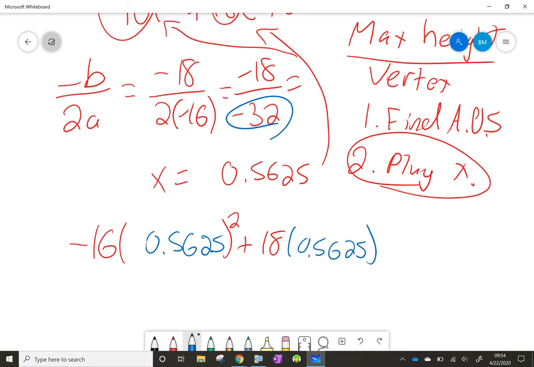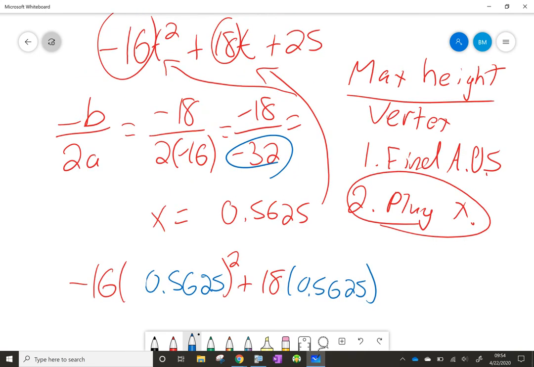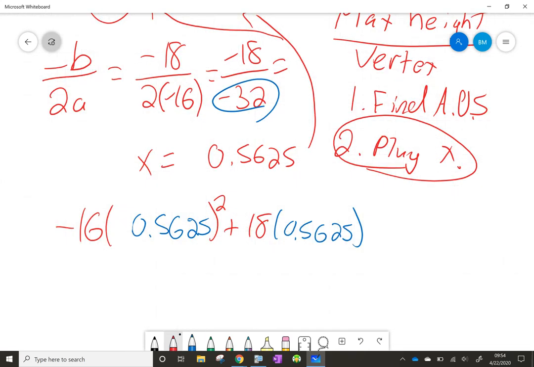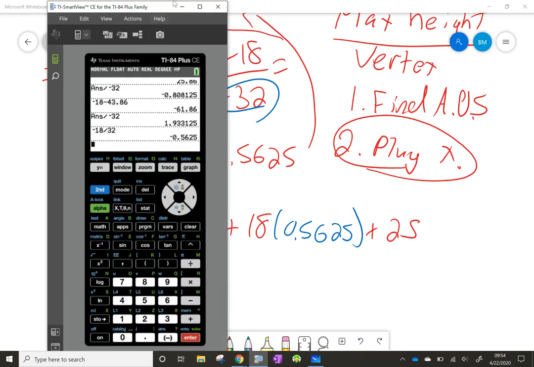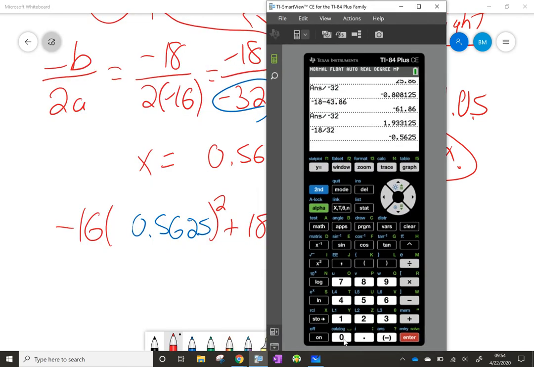0.5625. And then, of course, what's the c value again? Plus 25? Yeah. So then plus 25. So if we're going to calculate this, let's do it one step at a time this time rather than all at once like I did in the past example. So the first thing we have to do is square stuff. So we're going to have to do 0.05625. We're going to square it. That's going to be